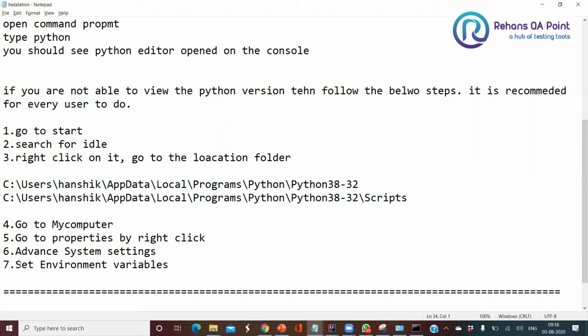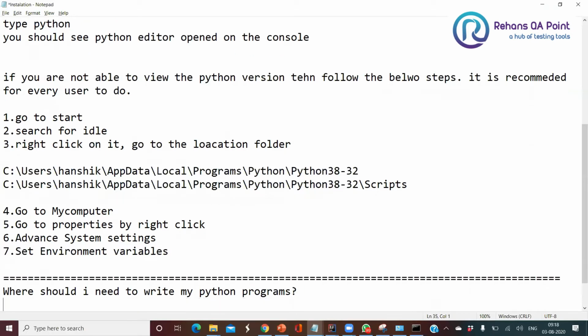Now, where should I write my Python programs? Where should I write my Python programs?